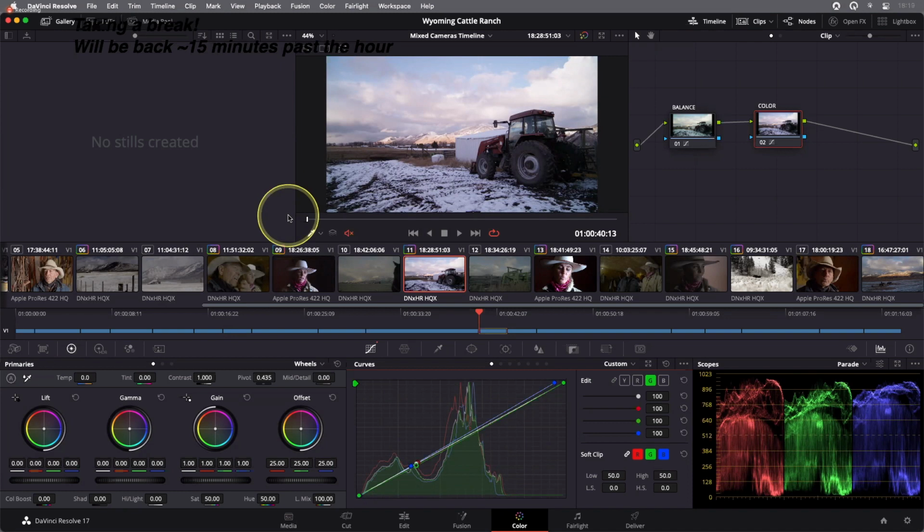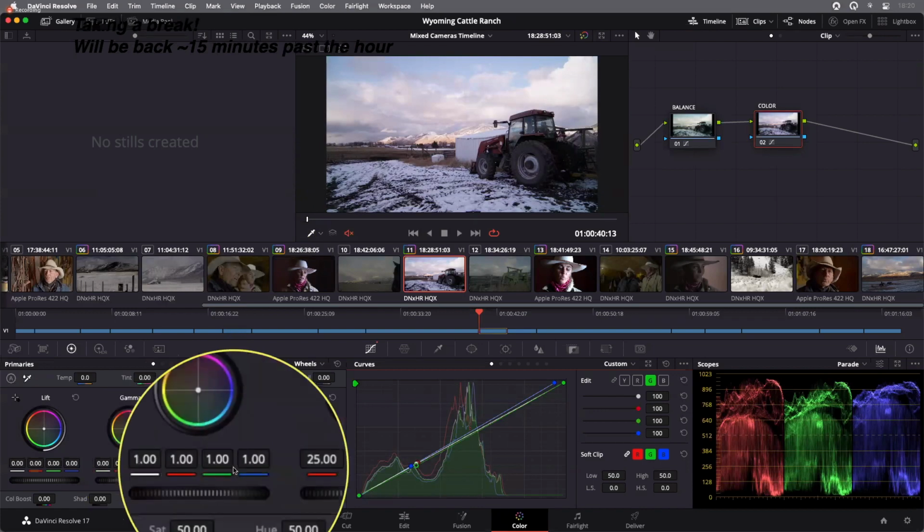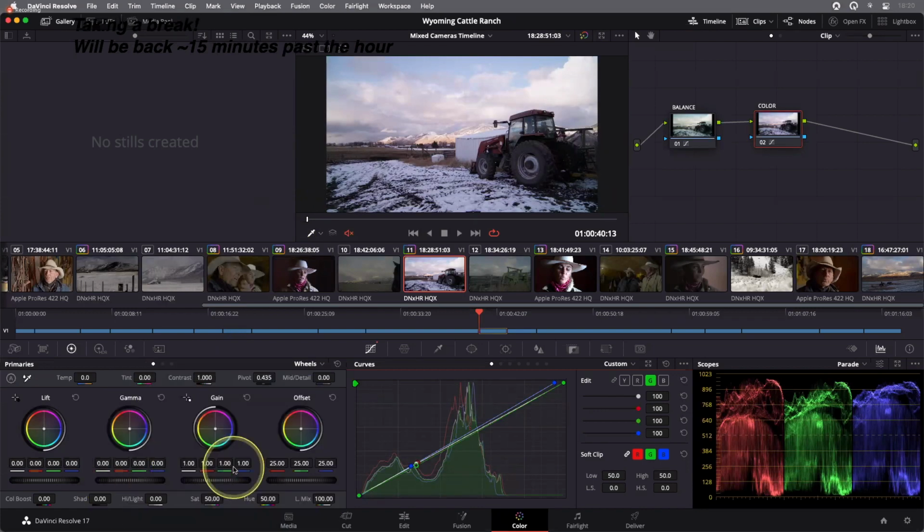I've spoken to a number of colorists. I personally am not a colorist, I'm an editor, but I do a lot of color correction myself, and I've spoken to a number of colorists over the years that I've been working with Resolve, and I usually ask them who prefers to use the curves and who prefers to use the wheels. I personally prefer to use the wheels, although I tend to use the individual controls within those wheels these days, just to be able to fine tune things much easier. But a lot of colorists will say that they use the curves as well. So